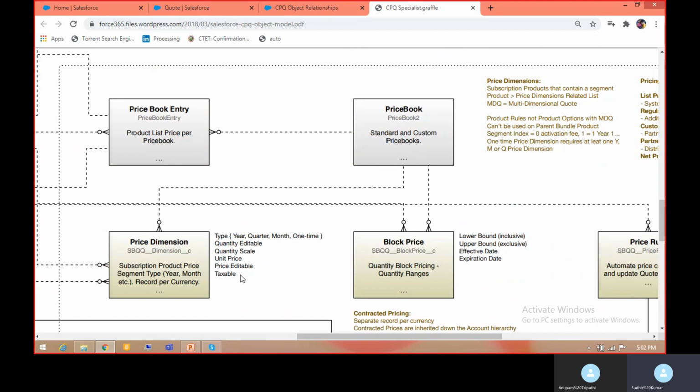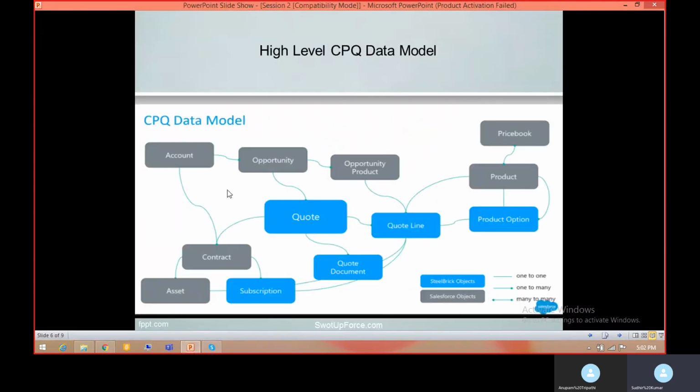There are many additional objects showing over here which are not part of my slide. That's why it is a high level CPQ data model.